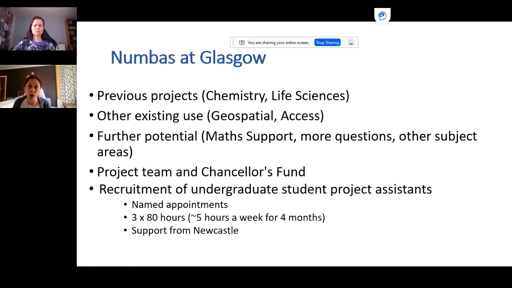I'm talking to Newcastle University, who have done many projects like this in the past, creating question banks. They suggested that non-math specialist undergraduate students actually worked really well on these sorts of projects because they had an understanding of how maths would be used in other subjects rather than maybe overthink, having too much maths knowledge, if you like. So you will meet the students in a moment, but if I can have the next slide,